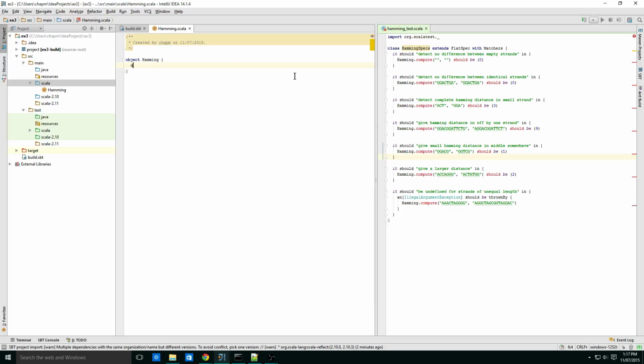Here we simply have a function called compute, so we define compute. It takes in 2 strings, so let's just call it S1 and S2, and it returns an integer. Quite simply, firstly, if they are equal, if S1 is equal to S2, then return 0. Else